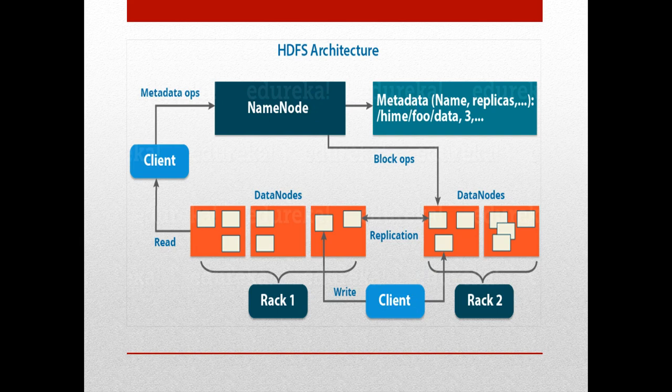So name node basically acts as a master. As we all know, HDFS consists of a master slave architecture. Here name node acts as a master, whereas the data nodes act as slaves. There are multiple slaves, that is multiple data nodes, in the architecture. The HDFS stores the file in multiple clusters or in multiple chunks. These clusters consist of multiple data nodes. The file which is present in the HDFS is stored in multiple data nodes with a replication factor.